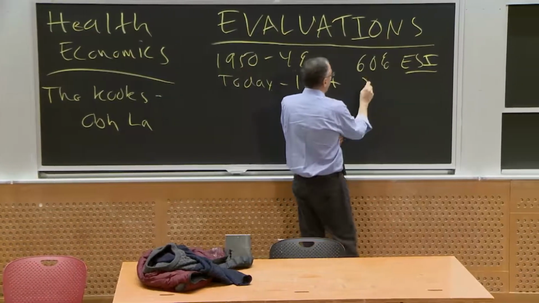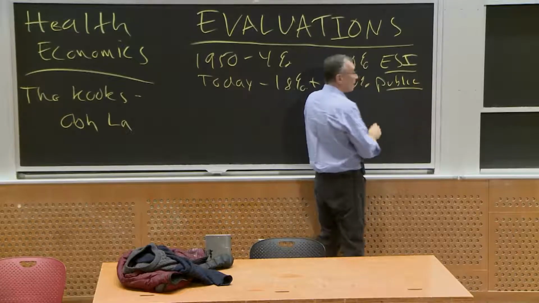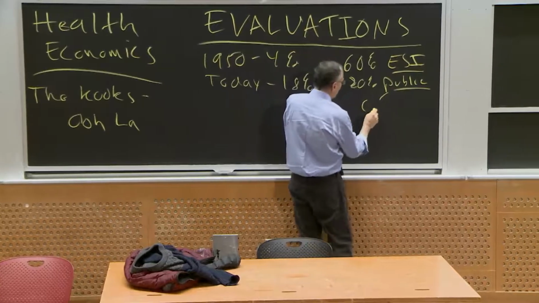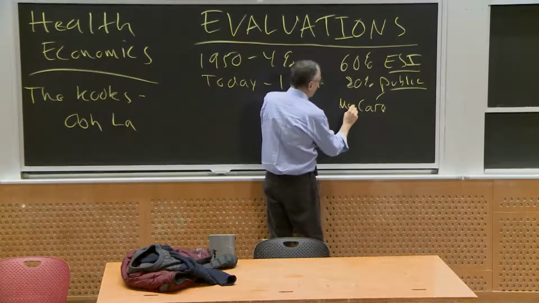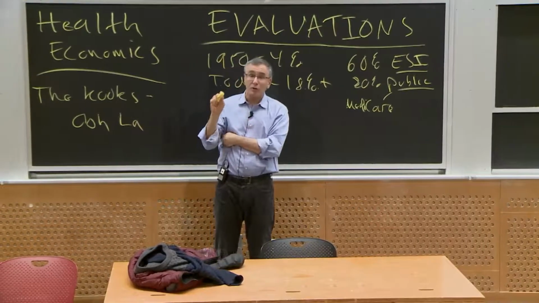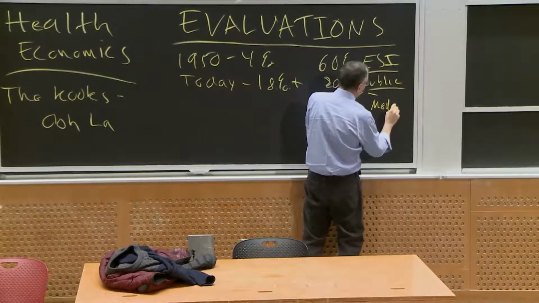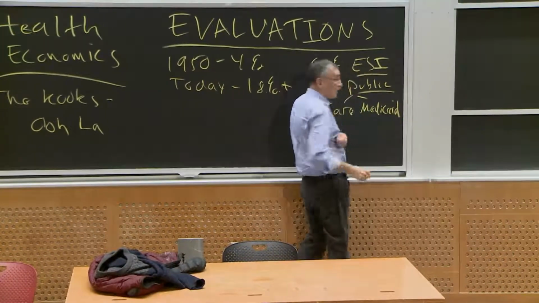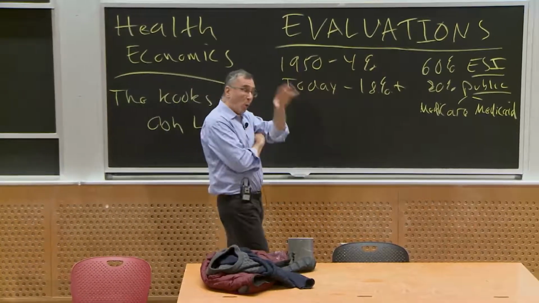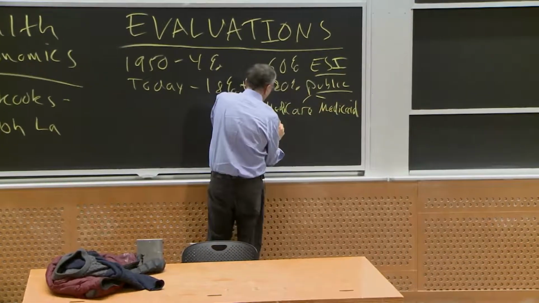About 20% of Americans had public insurance, okay? That's insurance through two programs: Medicare, which is universal coverage for the elderly. So we do have universal coverage once you turn 65, and Medicaid, which is health insurance coverage for the poor. So we had public coverage entitlement, but only if you were poor or elderly. Okay? The other 20%,